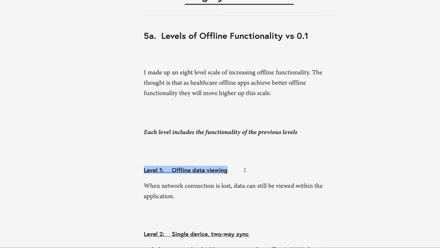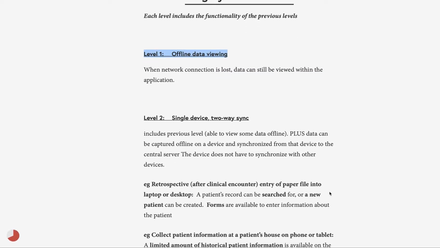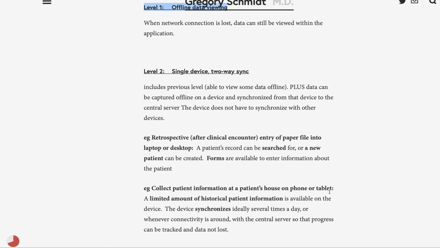When you lose network connection, you can continue to use the data which is on your device's local cache to view a certain amount of the patient's historical data which has been cached. The problem is that I actually can't imagine in our clinic workflow where exactly this would be useful, because almost always in clinics, we are also collecting information about the patient, which brings us to level 2,